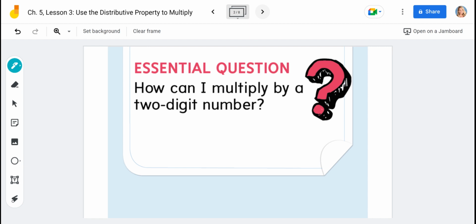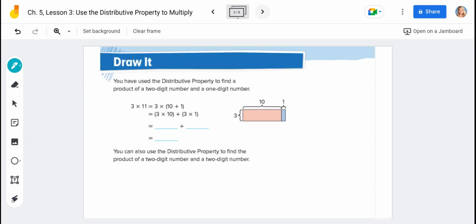Remember, your three steps for the distributive property are decompose, multiply, and add. And that does not change with multiplying by two-digit numbers. So let's take a look. It says you have used the distributive property to find a product of a two-digit number and a one-digit number. Now, they've given us an example here